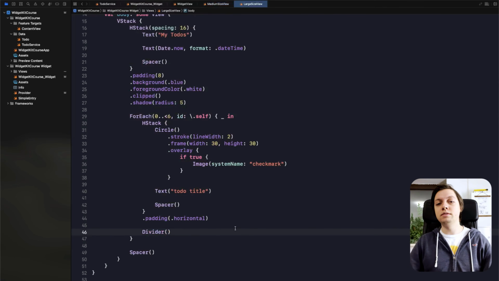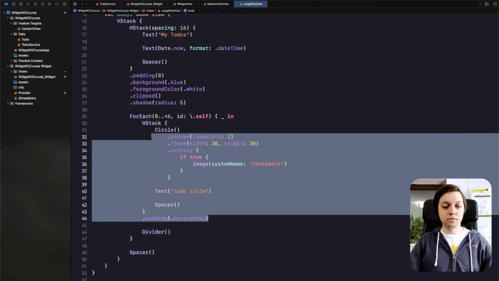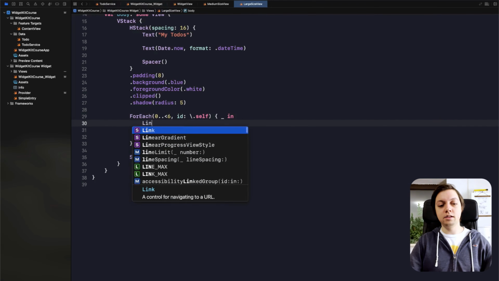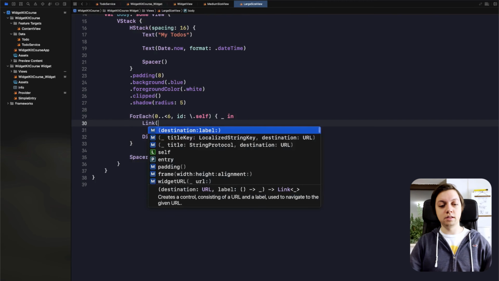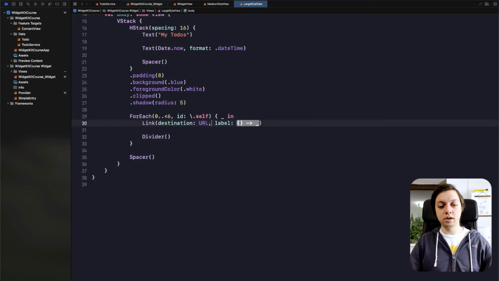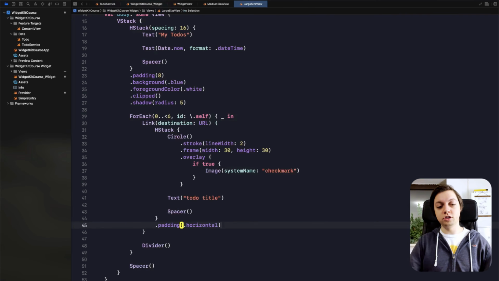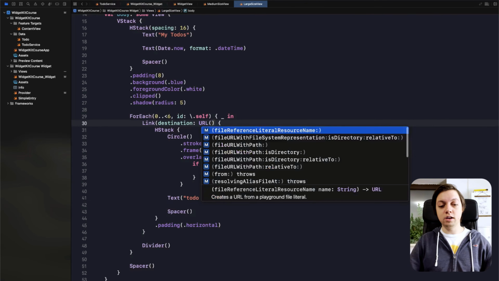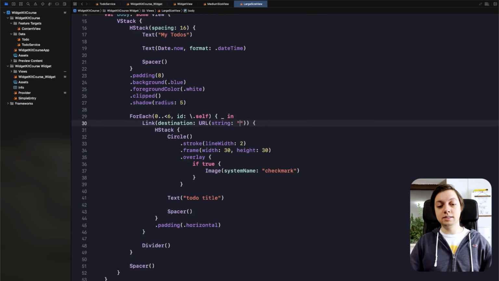Before we do that, let's have a look at the link view for our large size view. For that, we will grab our entire HStack here, copy it, and embed it in a link with a destination URL, and then as the label we will just paste back in the HStack. And now you can already imagine this URL is basically the exact same thing as before, but the main difference